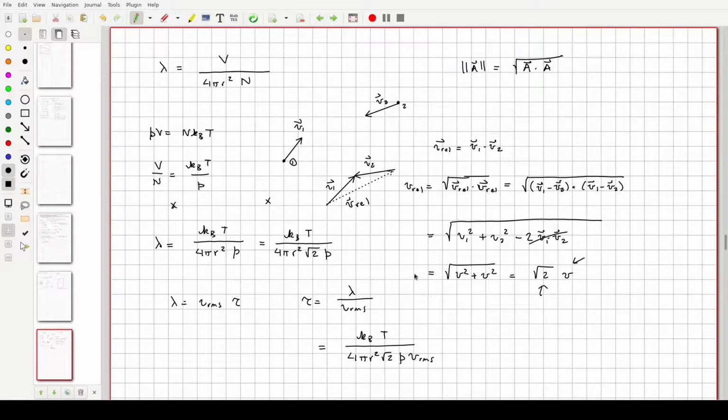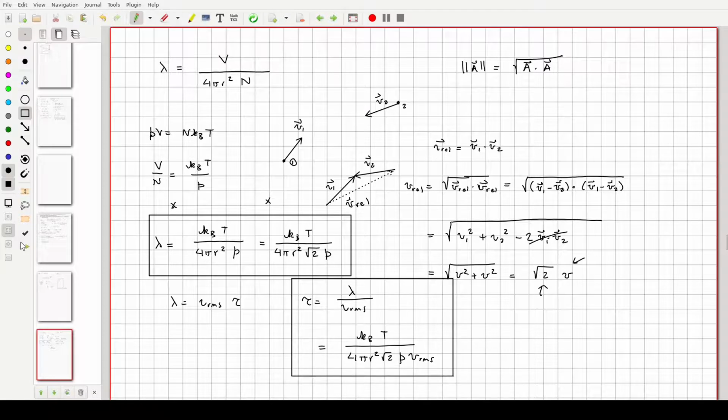So now what we have is an expression that tells you how far a particle would have to go before it hits a neighbor, and also how long it would take for it to travel that far and hit a neighbor. And this is all based off of, again, the ideal gas law and collisions through a volume. All right. So, as an example,